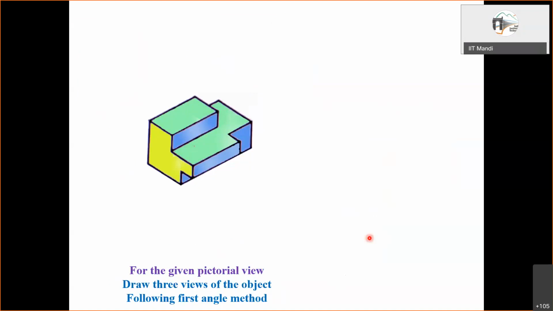Sir, can you flip it out? Sir, where is the observer for rear view? For rear view, as such, we have to keep the observer at the same side effectively. But of course, you can imagine that the position of the observer is at the rear side only, because the features will then be visible. Otherwise, they won't be visible. Okay, sir.